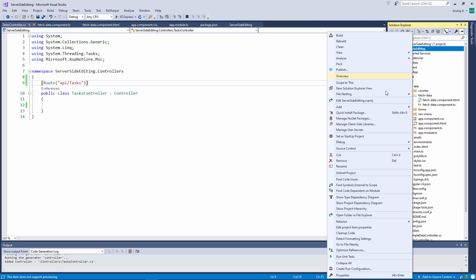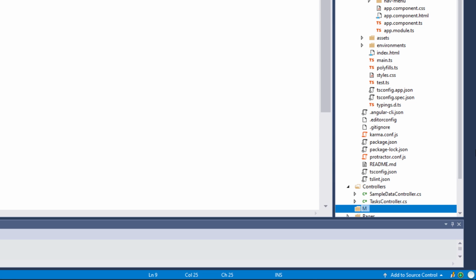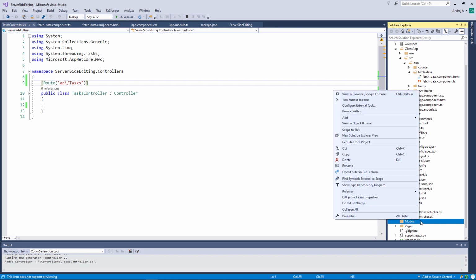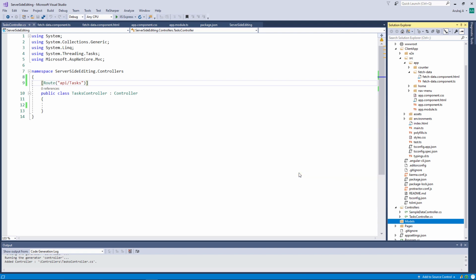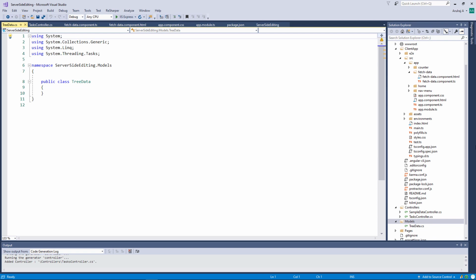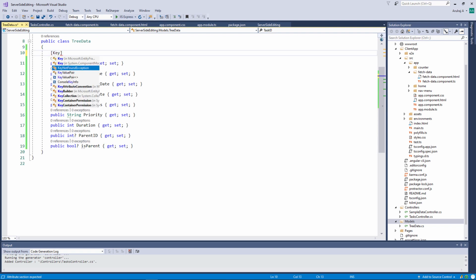I will create a models folder and create a tree data class to maintain my application logics as well as the data. I defined the properties for this class. I have added the task ID, task name, and so on. I am adding the task ID as a key to identify the entities uniquely.